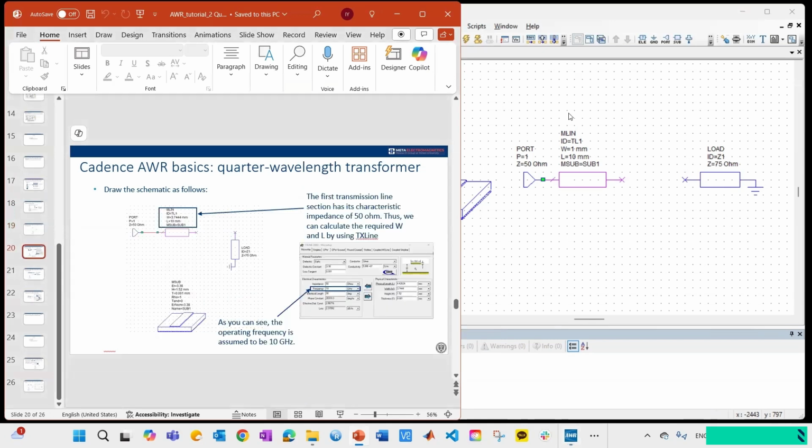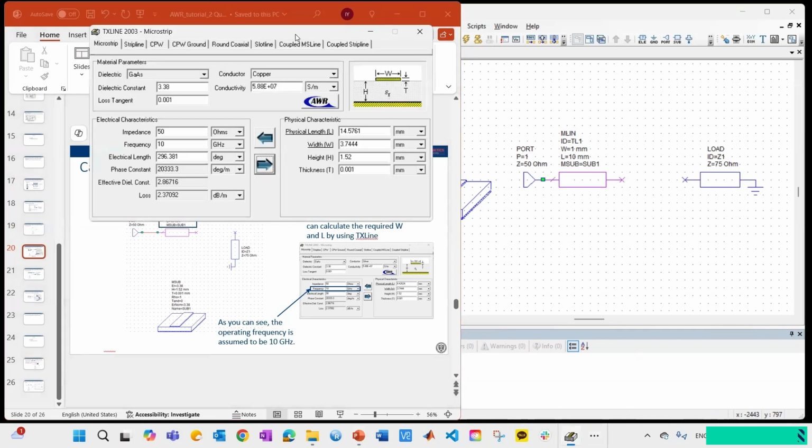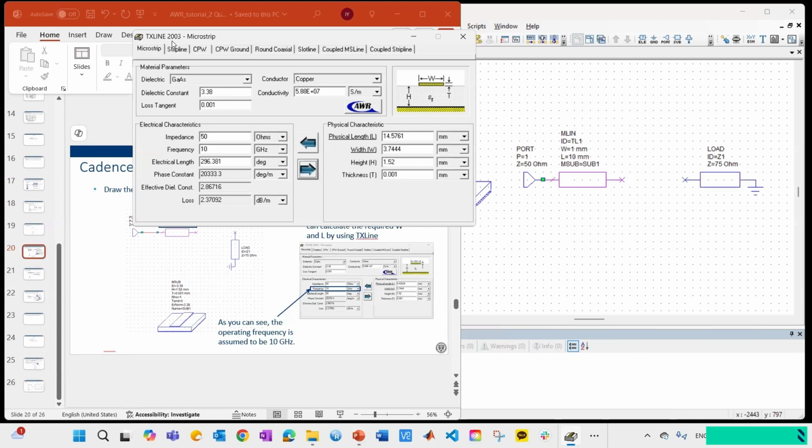Okay. The first transmission line section here should have characteristic impedance of 50 ohm. And to do that, we should define the width of the microstrip line structure, right? And we learned how to use TX line to find the physical parameters, right? So for the given electrical parameters and the 50 ohm, if you click this arrow, then TX line automatically calculates the physical length, width of the microstrip line structure for the given electrical properties like impedance and the substrate height